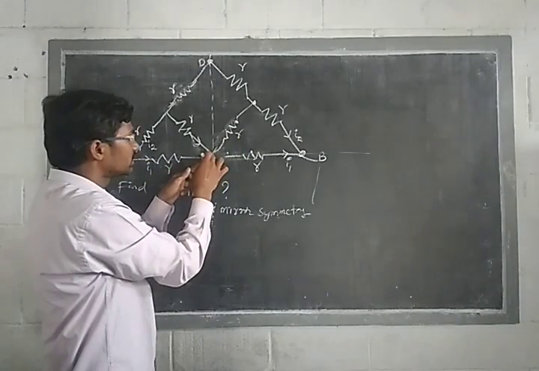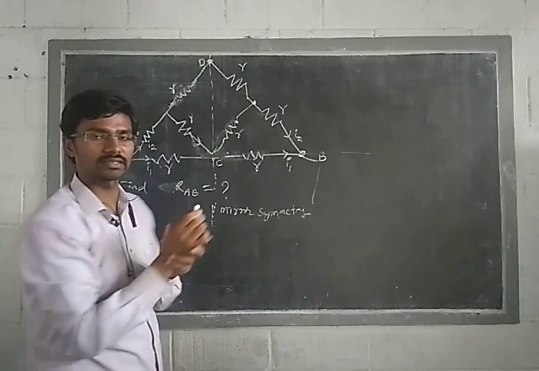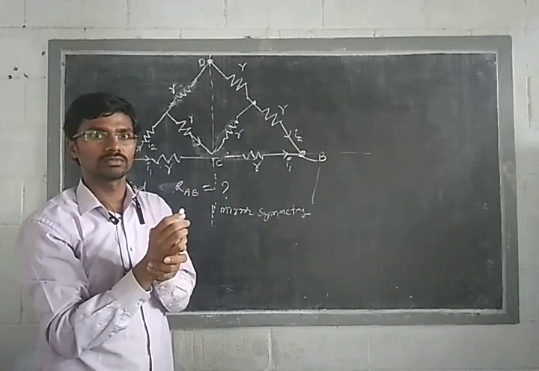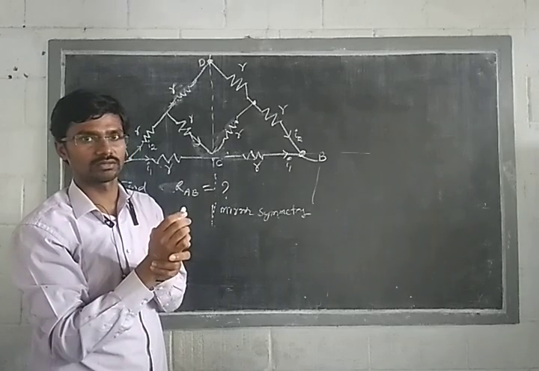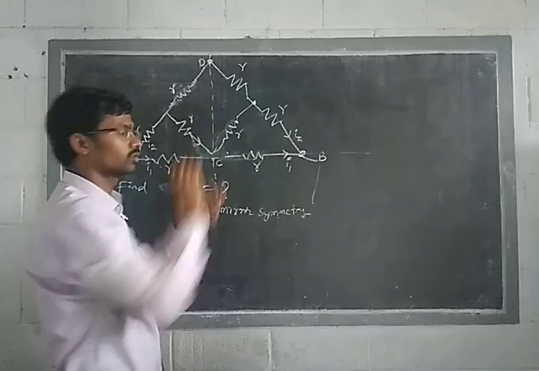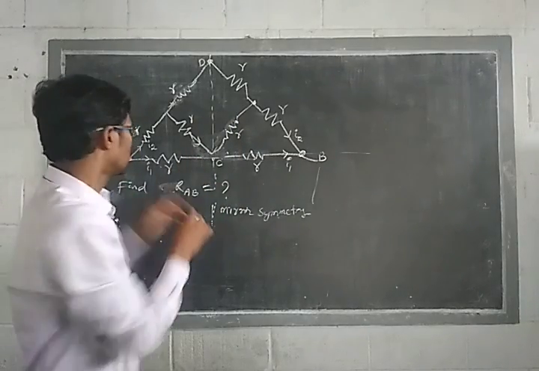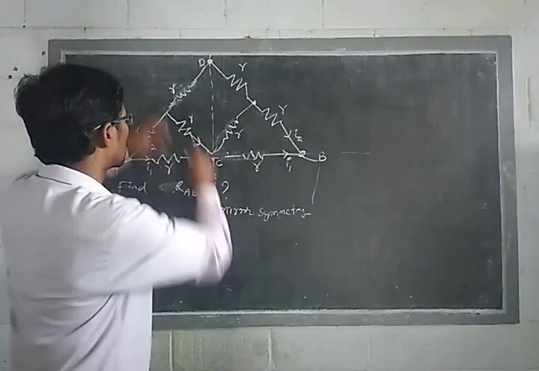That means there is no flow of current here at this point. You can remove the contact at this point, okay? Because they have the same potential. Potential difference 0 means there is no flow of current. Now these two resistors are in which combination? Series combination. Now come to this one.